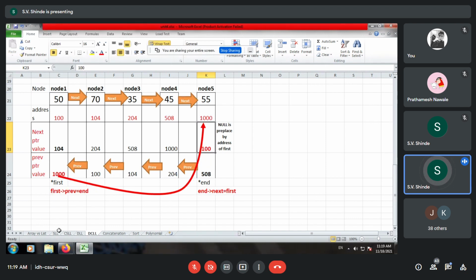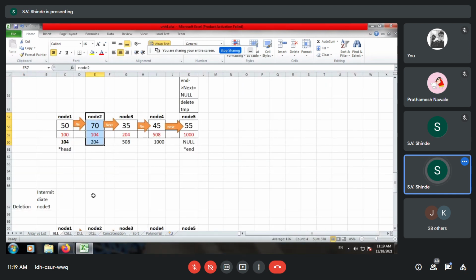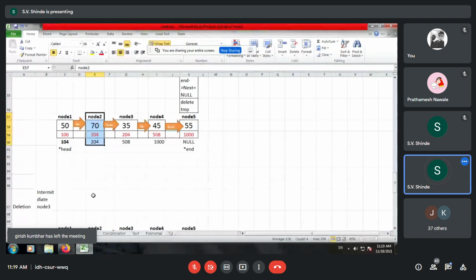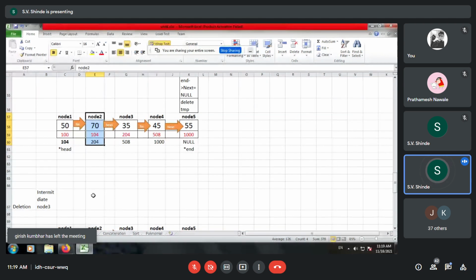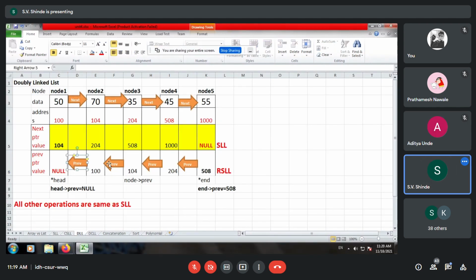So you will ask why we use SLL when we have circular linked list and doubly linked list, which are better. The answer is that in a singly linked list we have very little memory requirement, and if you observe in DLL we require additional memory for the previous pointers. So the memory requirement in a doubly linked list or doubly circular linked list is higher than a singly linked list.